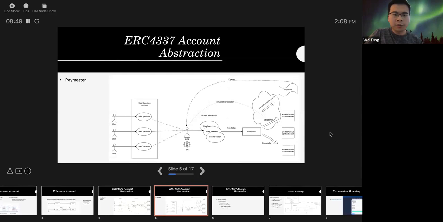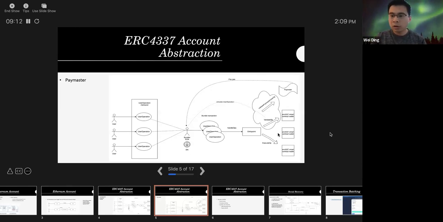ERC4337 also introduced a paymaster role, and it can have additional verification logic to validate a paymaster user op. If this verification passes, the paymaster could pay the gas on behalf of the smart contract wallet, and it can unlock a lot of possibilities.